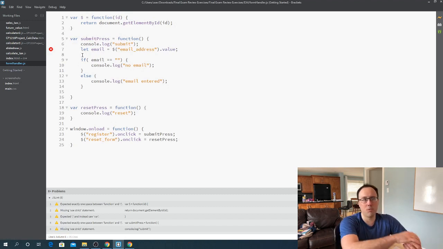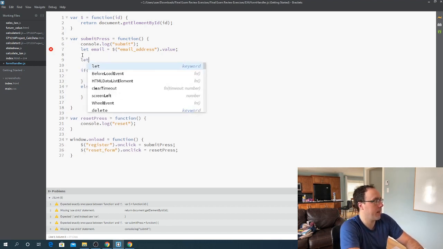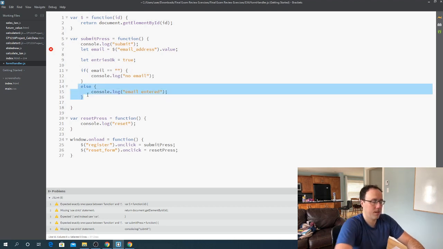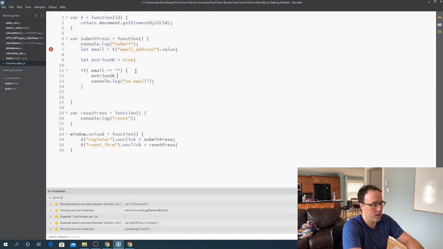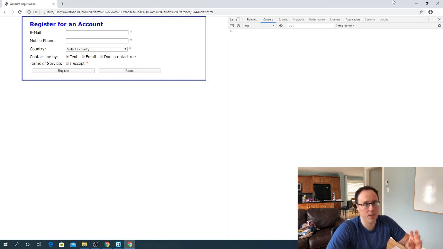Now, I need to be able to go through all these variables, all these values when I'm checking the form. So I'm going to create a variable here. So I'm going to say let entries okay equal true. So if email is empty, then in this case, I want to set entries okay equals false. And instead of console logging it, now I want to go and modify the asterisk that's beside the email here on my HTML. So let's go find,